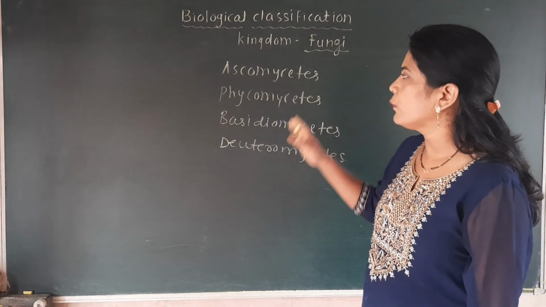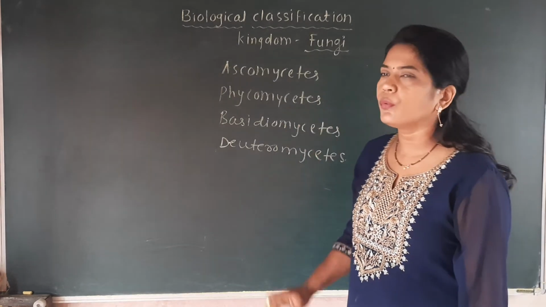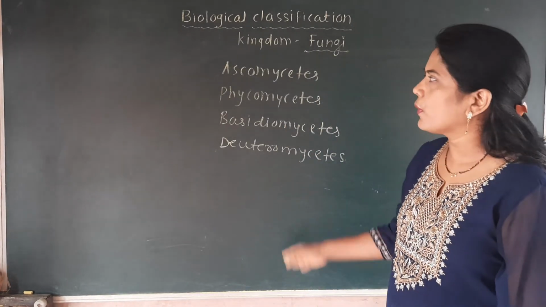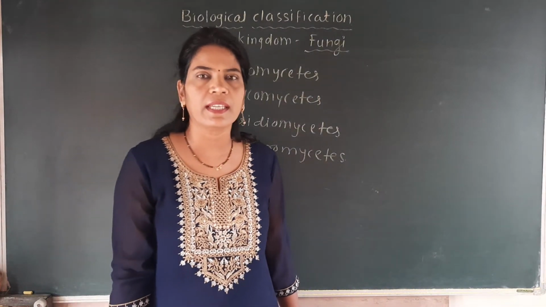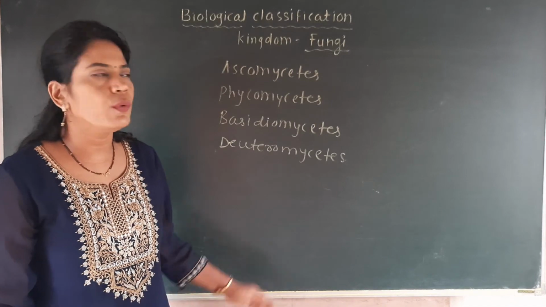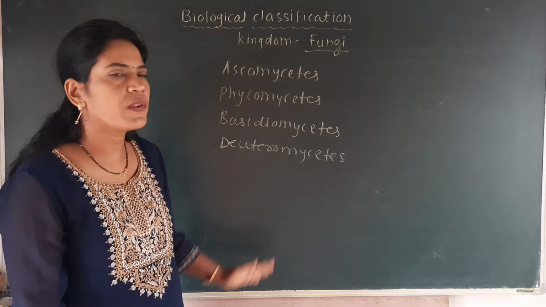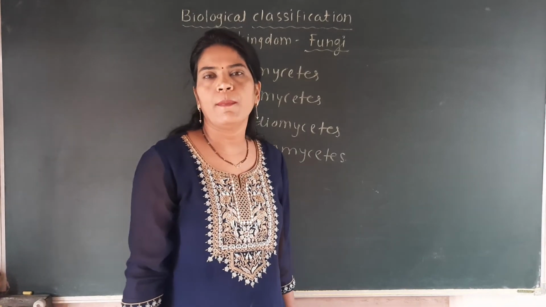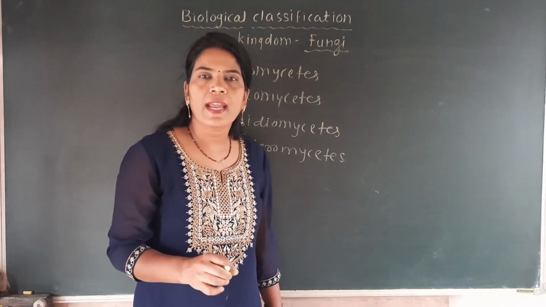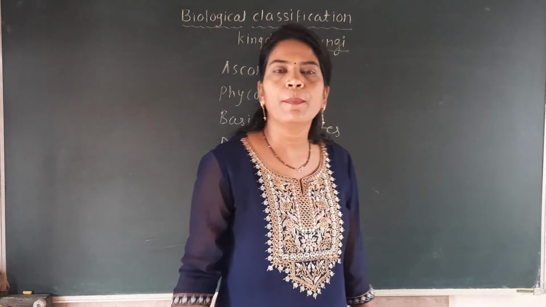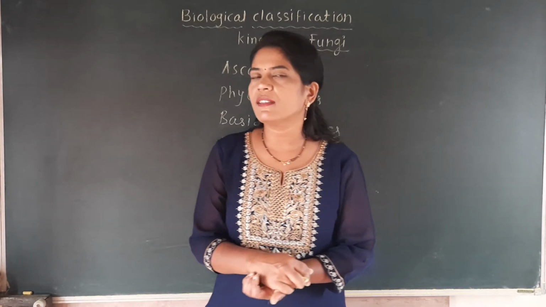This point we are going to see in the next lecture, and there are some tricks. By that trick we have to memorize the examples, because each group has a number of examples of fungi, and there is always a question asked about which fungi belongs to which group. For example, mushroom belongs to which group, and the four options are Asco, Phyco, Deutero, Basidiomycetes. So you should know the trick of that group. Then only you can classify a particular fungus in a particular group. That trick and explanation we will discuss in the next lecture.